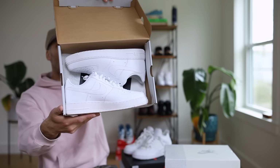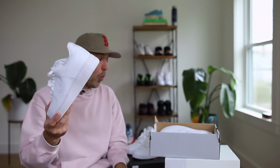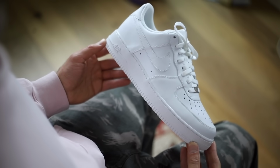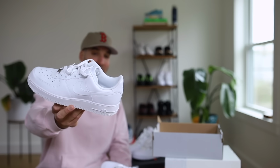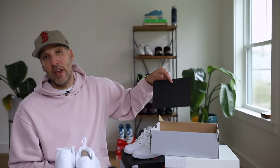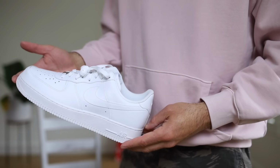So we've got the all white Air Force Ones, and this is truly a triple white. Answer this question in your head. How old do you think this pair of Air Force Ones is? Do you think I just went into Foot Locker and grabbed a pair? Do you think I snagged a pair once Nike said that they were gonna make less? I will give you a hint because not many Air Force Ones come with this anymore. This pair is from